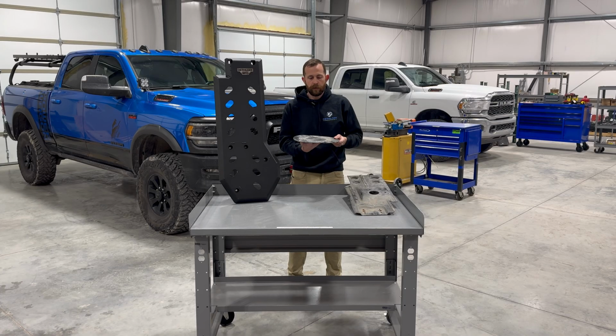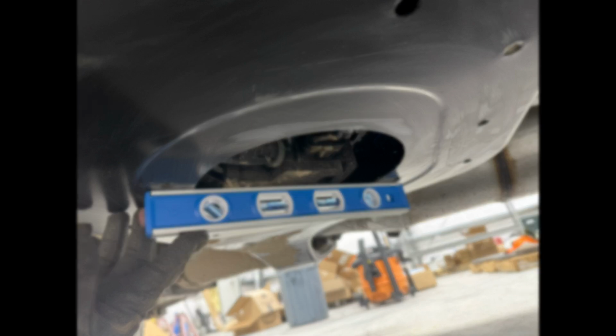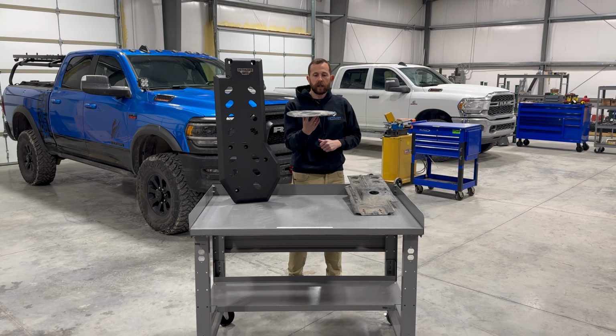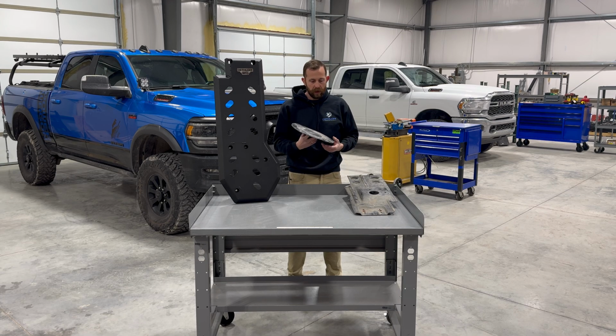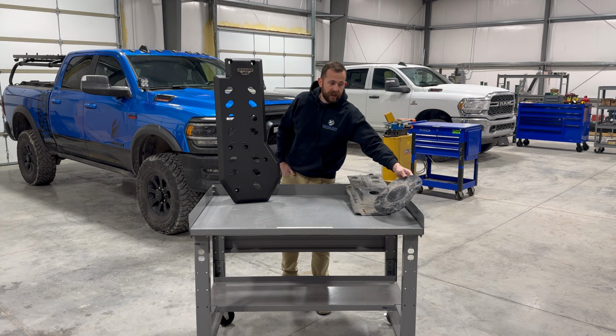The issue is that this sits in a cross member that sits in the center of the chassis. It's the rear cross member right at the breakover point of the truck, and the DEF pump sits 2 millimeters above the top of this plate, less than 1/8 of an inch. This bolts into a very flimsy piece of the cross member, and if you were to just crawl under your truck, you could put your hand under this piece of plastic or metal and you could push this into the DEF pump. There's almost zero clearance, there's almost no structure in there,